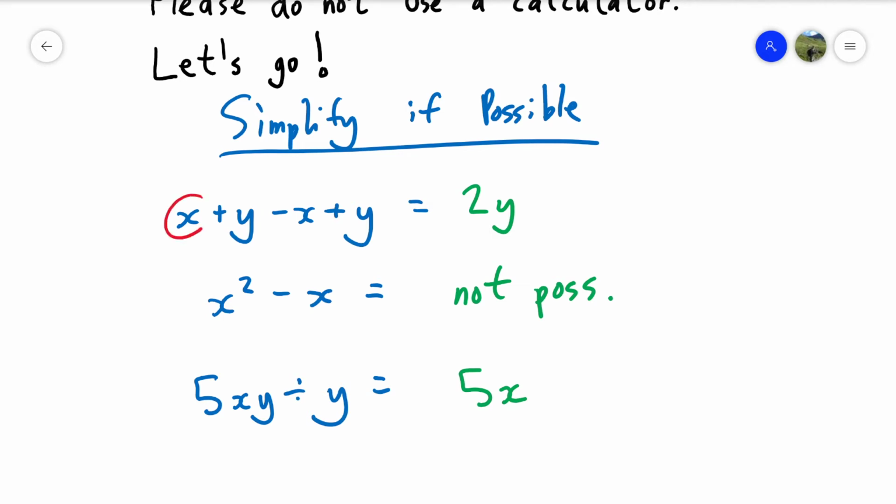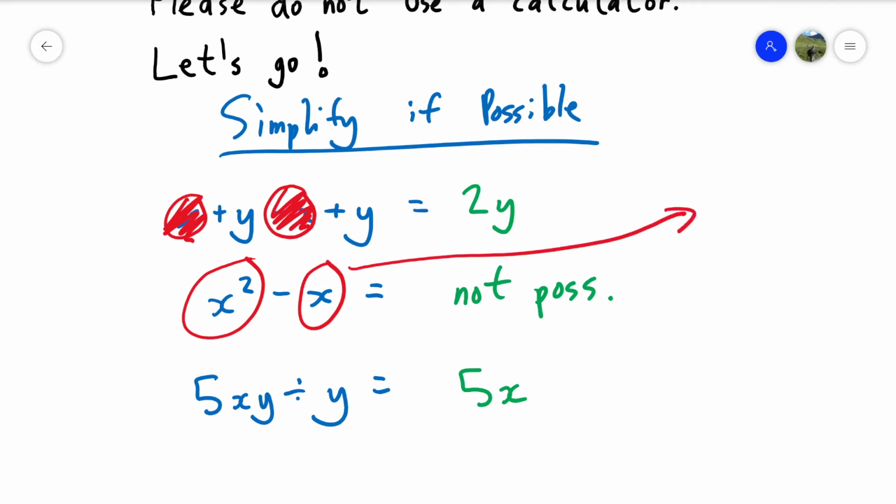Oh look, we've got an x and a minus x, so they cancel. And if I obliterate those, we're left with 2y. There you go, so that works. Remember that x squared is a different thing from x. We've got 2 objects, which another way, if you're still not convinced by this, because some people won't be, this